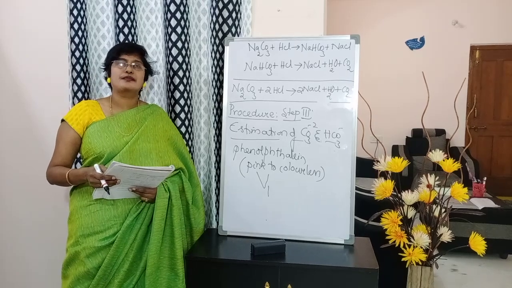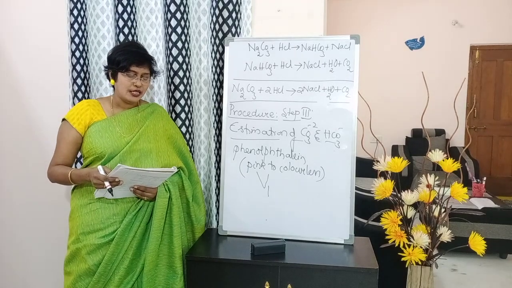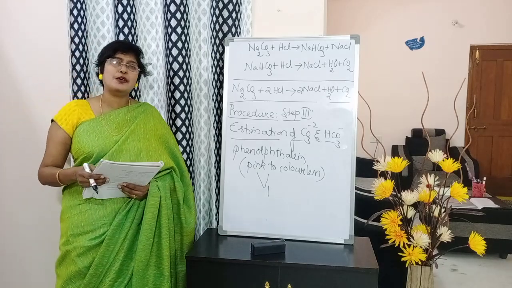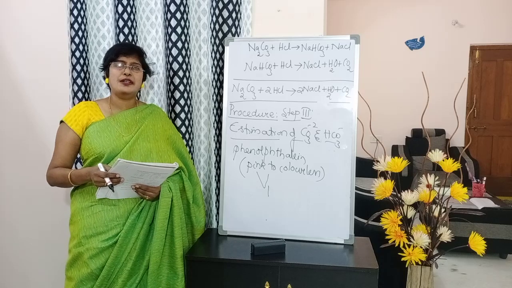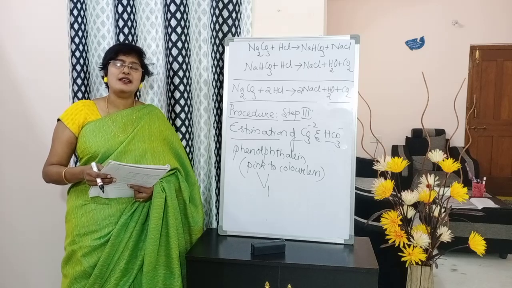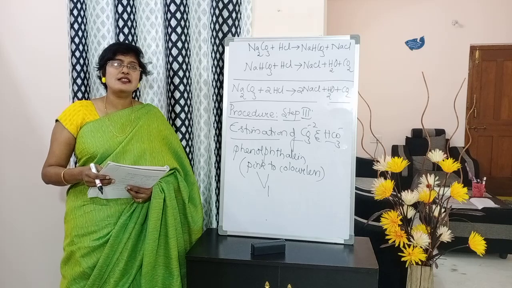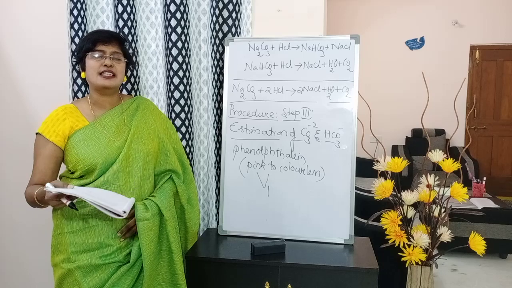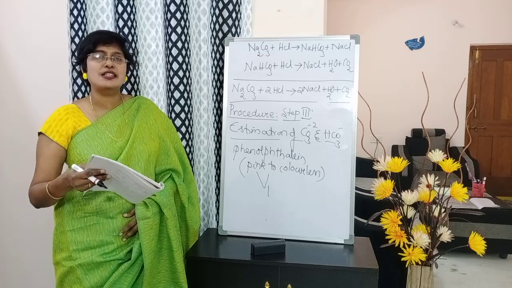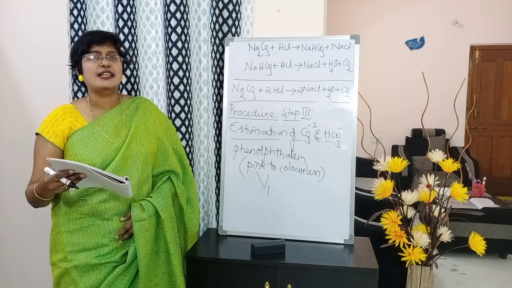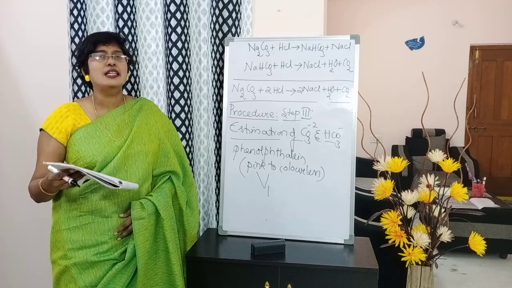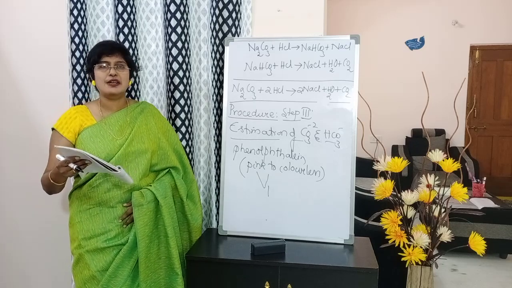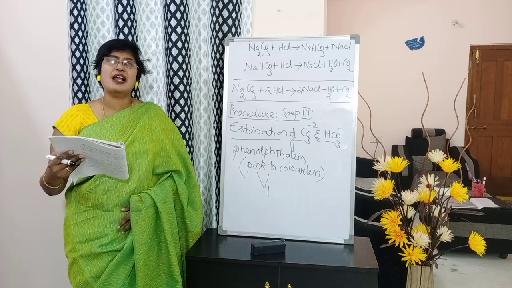Full stop. Okay, what did we do? Pipette out 20 ml of the given mixture in a clean conical flask, added 1 test tube of water, added 2 to 3 drops of phenolphthalein indicator. Immediately after adding phenolphthalein indicator, the solution turns into pink color. So when we start titrating against HCl taken in the burette, the pink solution turns colorless. Stop titrating and note down the value. That titer value we will denote as V1. Okay, full stop.